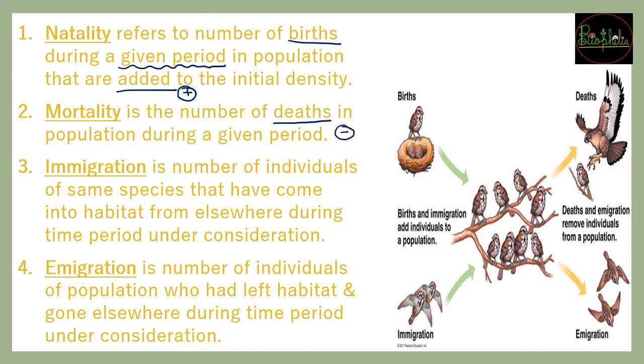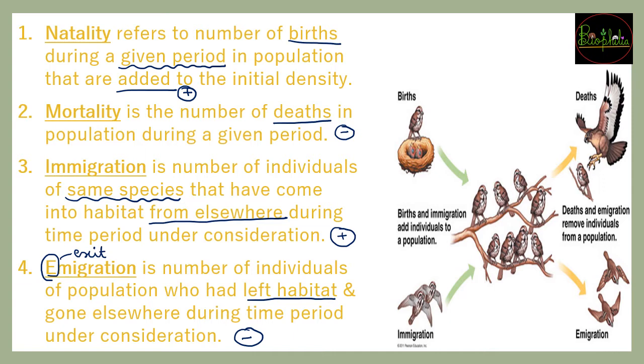the population density. Immigration is where the number of individuals of the same species come into a habitat from elsewhere, and once they come from elsewhere, during that time period they will be considered in that habitat, and these will increase the population density of that region. Emigration is where individuals have left that habitat for a time period, and that is going to decrease the population density. So here you need to remember emigration, starting with E, is related to exit. That means the individuals are going to move out of that habitat, whereas immigration, starting with I, means inside. So these are going to come inside,